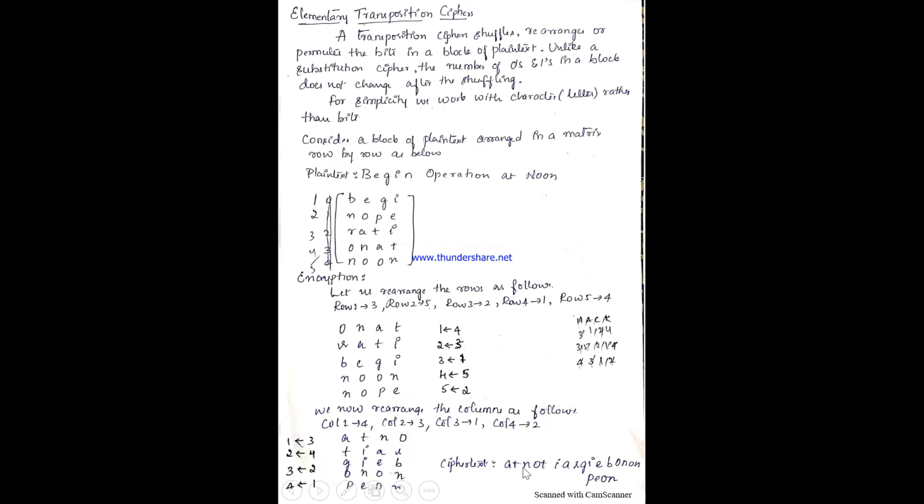So how to write the row column transposition? For column transposition, I'll just copy it in the similar order, row major ordering, ATNOTIAR, the same way. Okay, so this is all about the elementary transposition, and whatever I did just now, this is the encryption we performed. Okay, so obviously the next part of cryptography is the decryption.